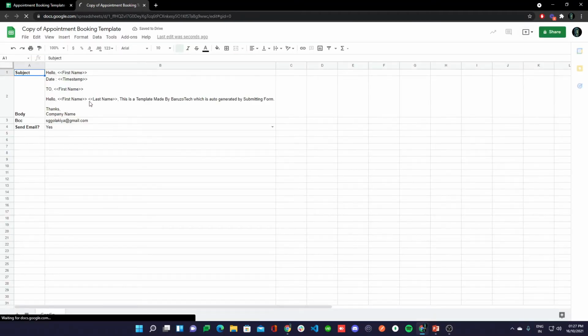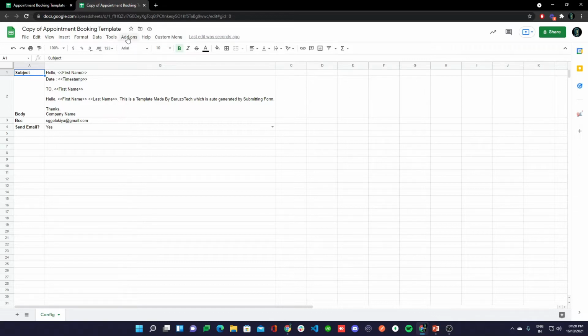Suppose you will give a customer a link of the Google form. They fill the form and submit the form, and you will receive those data into the spreadsheet, and the script will send the automated email to the customer, and your manager or staff will also get the email notification, so they know that they have a booking on some day or time.